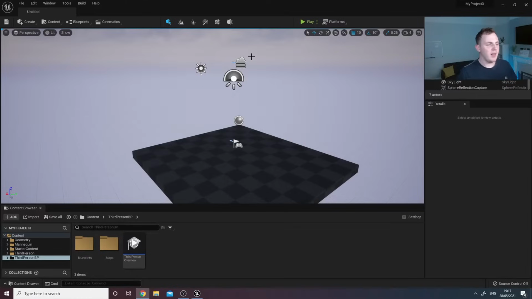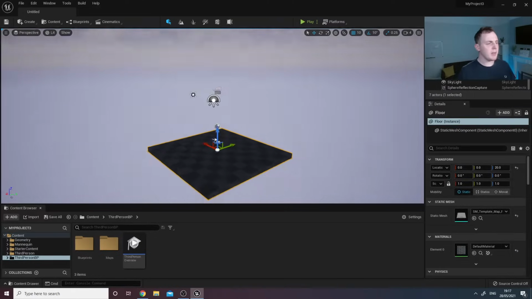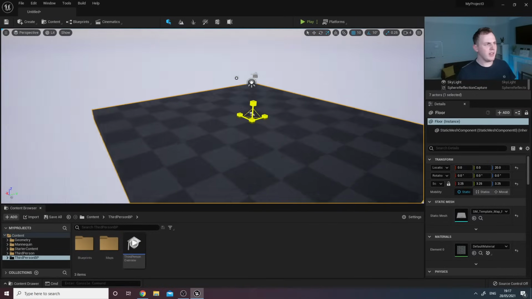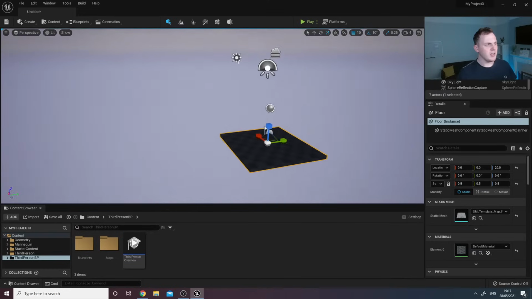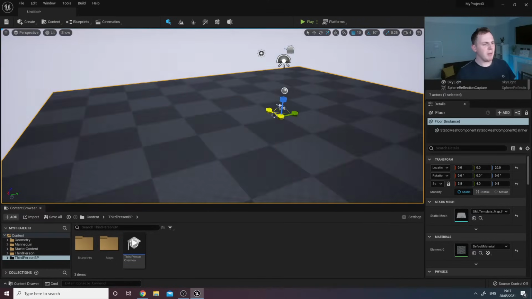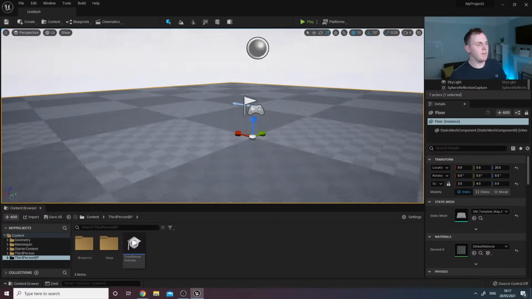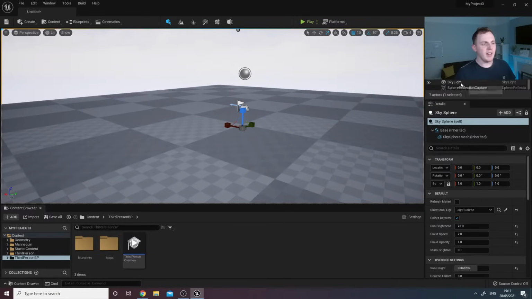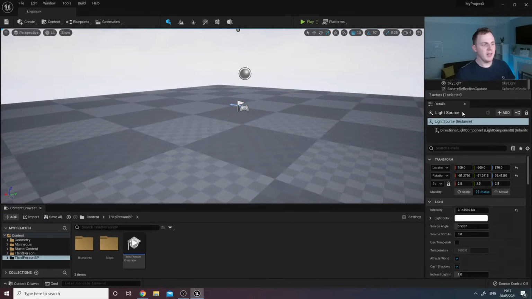Before we start adding any assets in, let's do a very quick lighting test to see exactly what it is that Lumen can do. So I'm just going to take my ground here and expand it so it is a little bit bigger, just like that. A little bit bigger that way, a little bit bigger that way. Awesome. With that being done, I can now start taking my light source, wherever that might be,